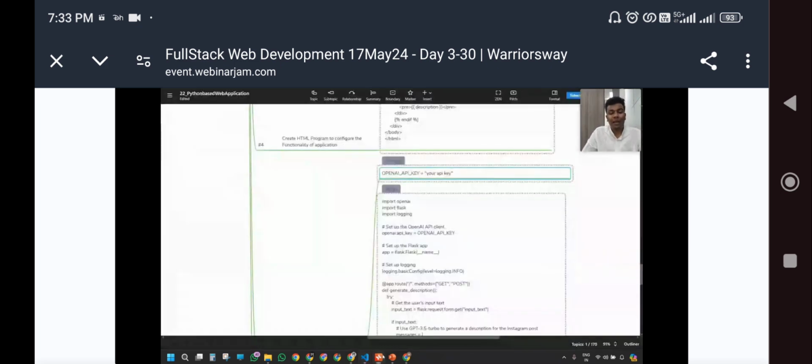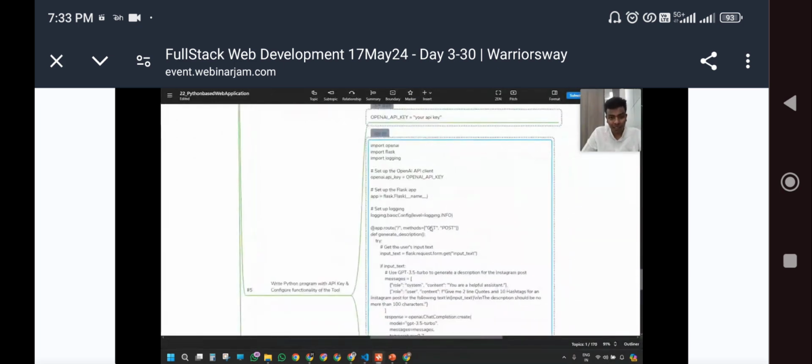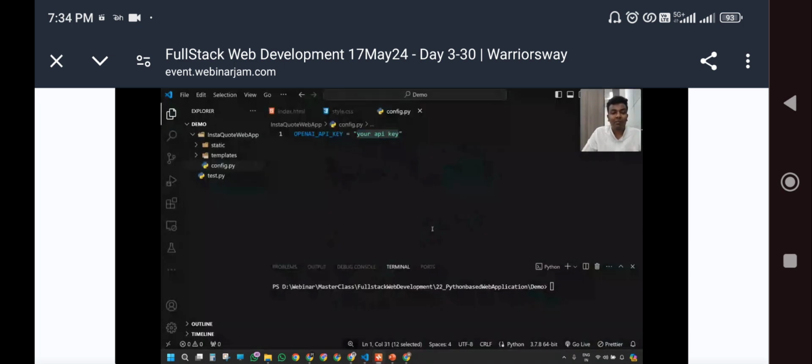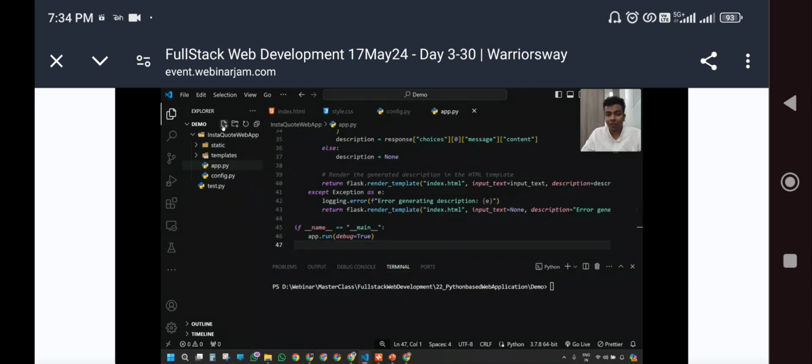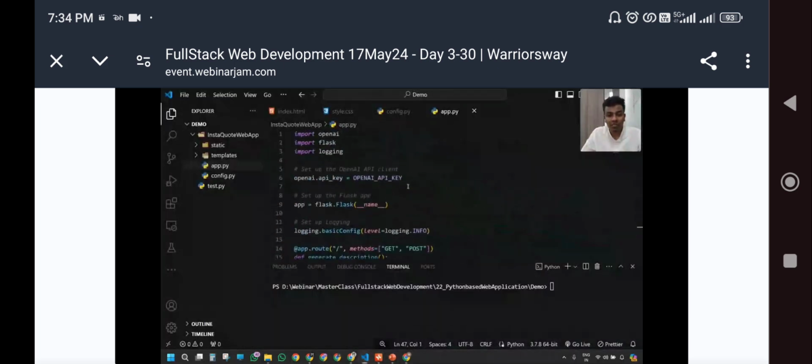Once that is done, it's time to create the final application, which is going to be app.py. Next to config.py, I'm going to create app.py and paste this code. Just carefully watch: this code is going to access the OpenAI API key from config.py.